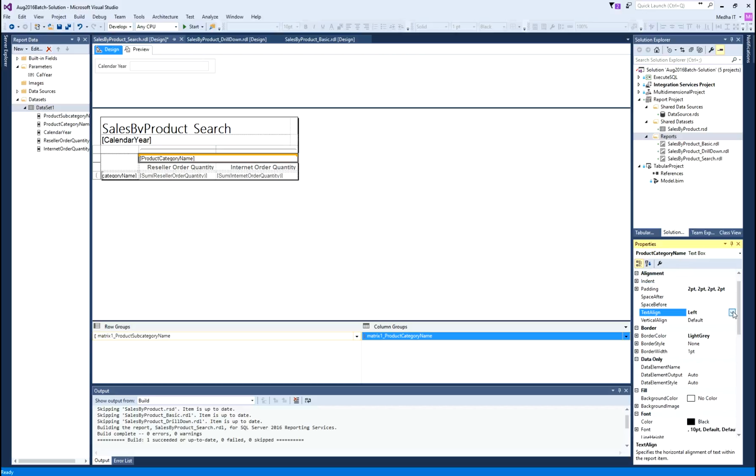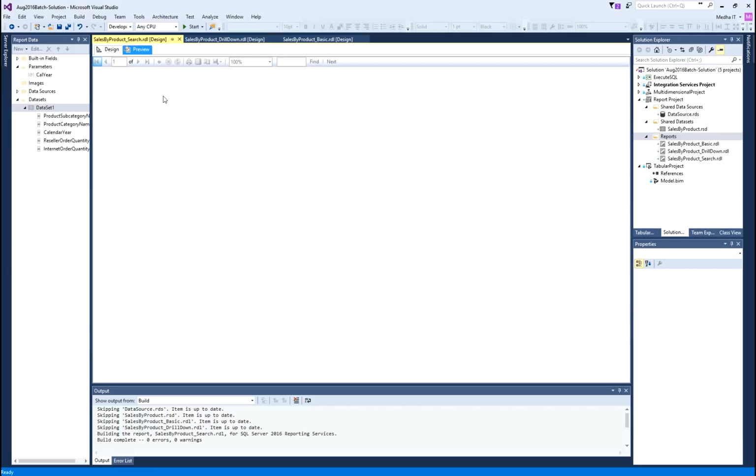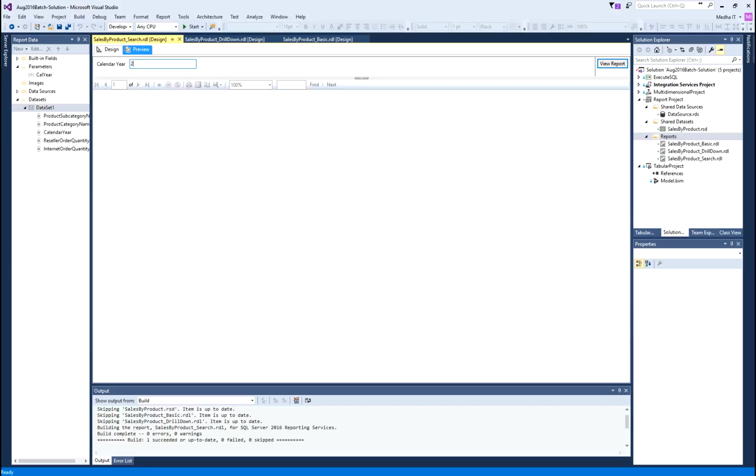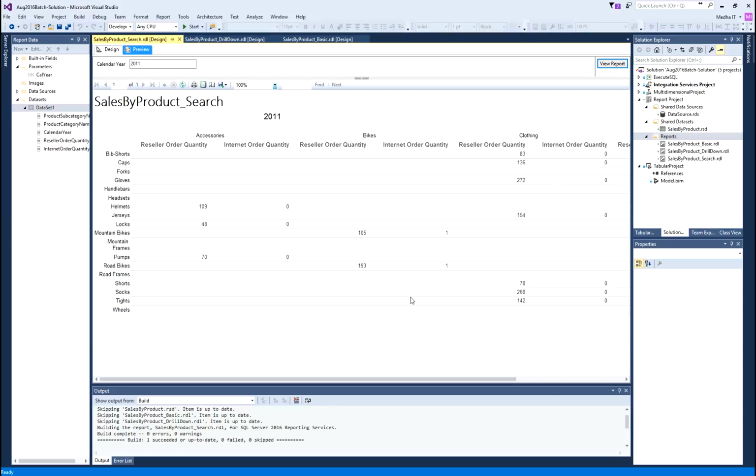Text align, I will say center. I will go to enter the filter value. So, now you see the column grouping here.